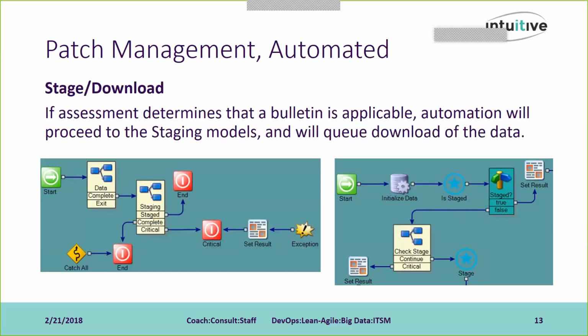After assessment has completed, we're going to take the bulletins that need to be applied to the environment and begin to stage those bulletins for distribution. For example, if a bulletin is found to have applicable targets and is not superseded, the staging process will be run against that bulletin, meaning that it will attempt to download, and if successful, it will continue to the next steps. If a download just happens to fail because there's maybe a firewall rule that's blocking a specific website,